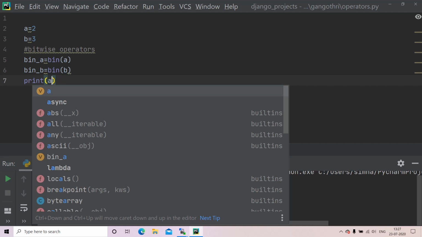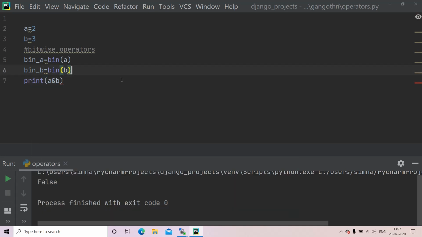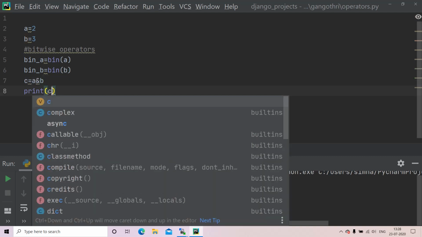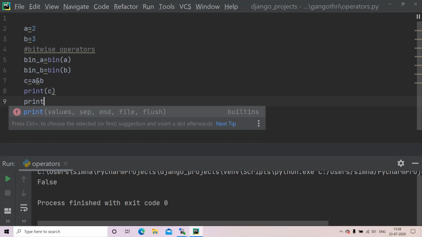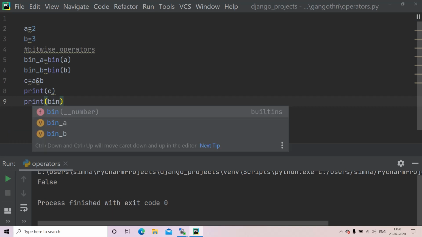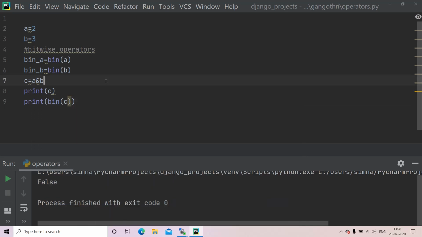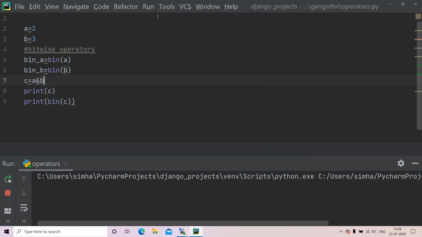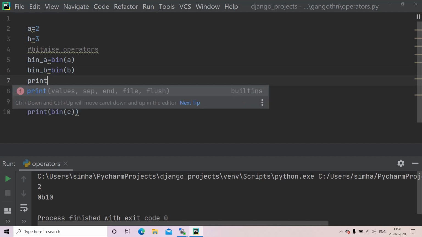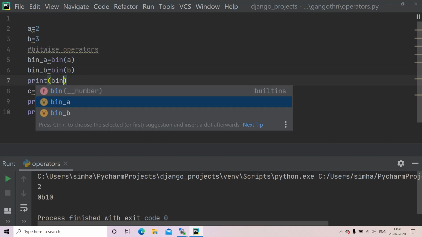A and B. Now I'll assign this value to another variable, C is equal to A and B. I'll print C and I'll also print the binary value of C. Now I'll run my program. I'll also print the binary values of A and B so that you can understand better.